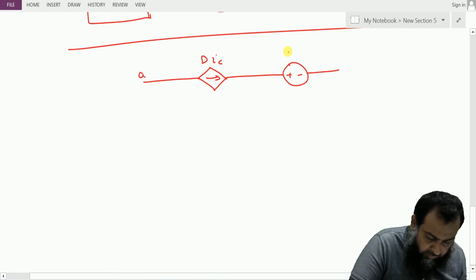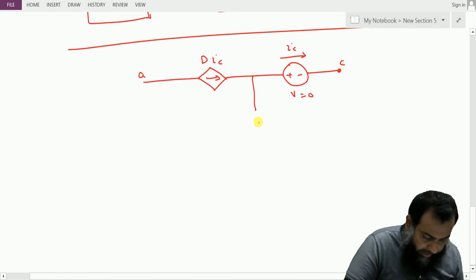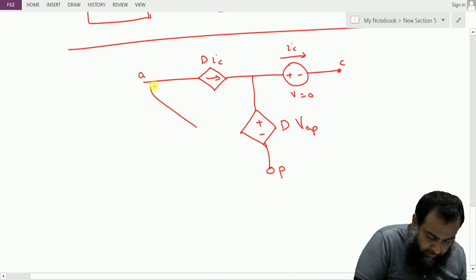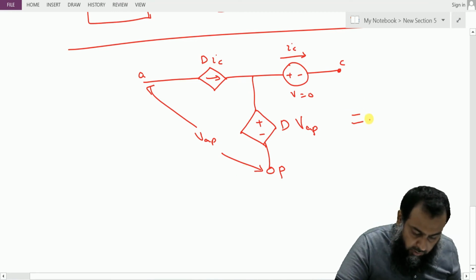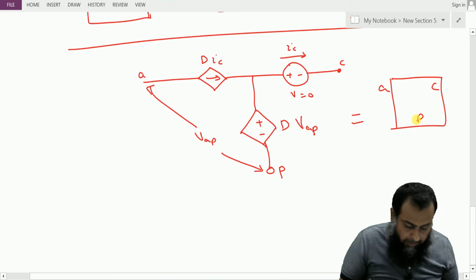Using the PSpice analogy, we can use a dummy voltage source here with V equal to 0 to measure the current going to this port C, and here we have a voltage source D times VAP, where this is P. So we need to measure the voltage between point A and point P. If this is a generic model, that is equal to a box with A, C and P ports available, then for a buck converter,